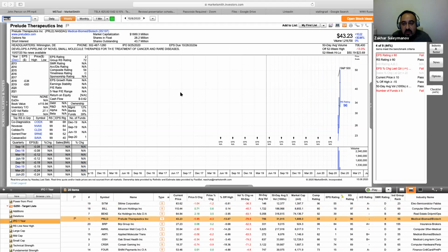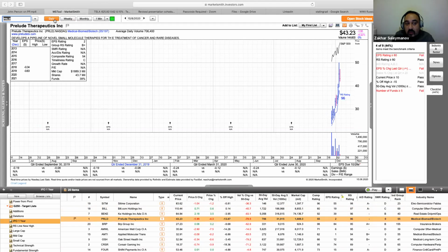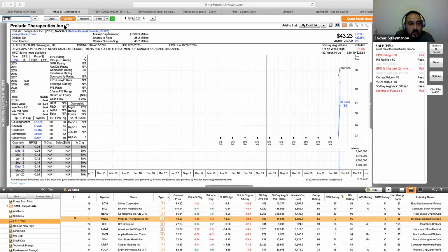Let's look at Prelude Therapeutics. I think this was just issued, no data. I won't even look at this, even though they were up for a day. Actually, we're down for a day. But what do they do? Develops a pipeline for novel small molecular therapies for the treatment of cancer and rare diseases. So they have no sales and they have a negative EPS. And they just came out public, I think, on 9/25 at $23, and they doubled already. So next one,